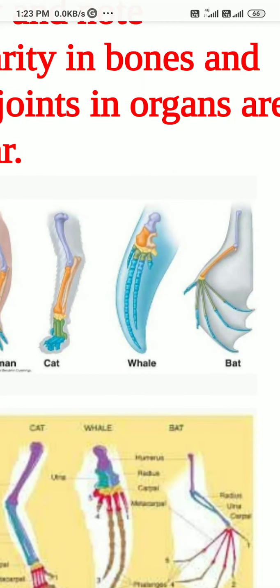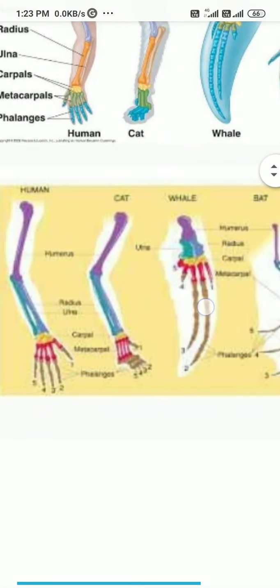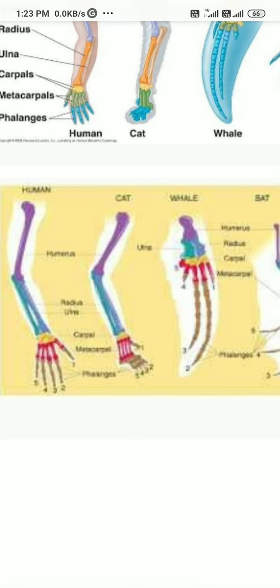So externally they are different, means there is no similarity in morphology. Morphologically they are different. But when we observe their internal structure, structure of bone, bone joints, number of bones, we will find